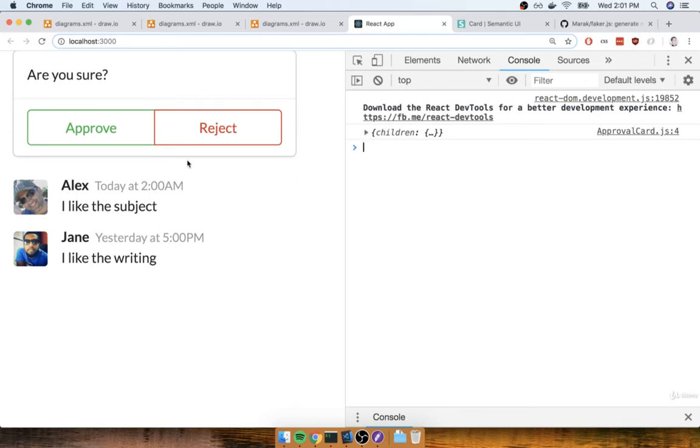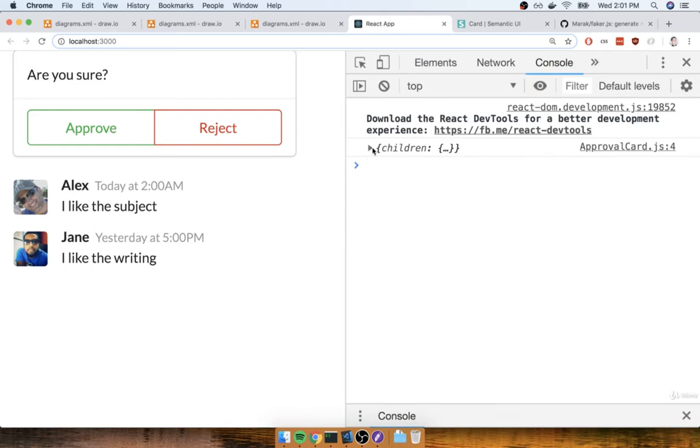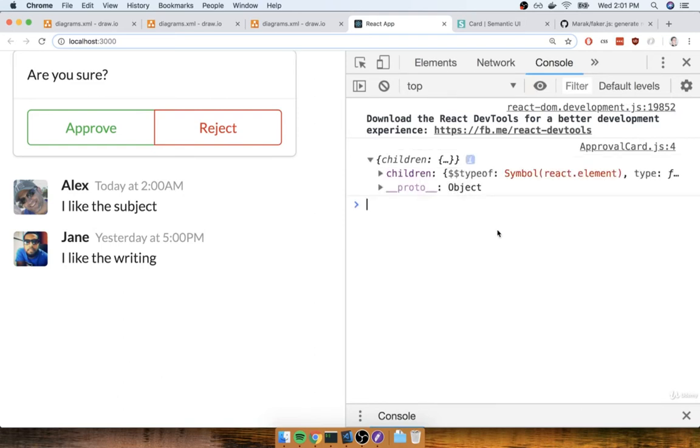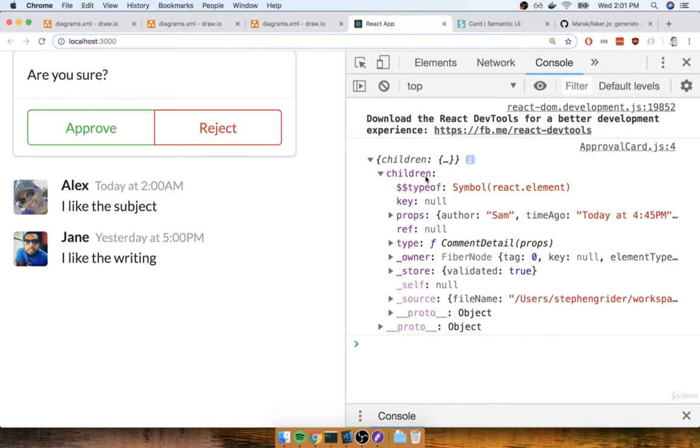Notice how the application has not changed at all, except for the fact that we're now missing one of the 3 comments that we had before. Let's take a look at the console log of that props object. You can click on that arrow to expand it. You'll notice that the props object now has a single property inside of it called children. We just ignore that __proto__. That's not related to any React stuff that we are doing. So we can expand that children object right there. This right here is our comment detail component.